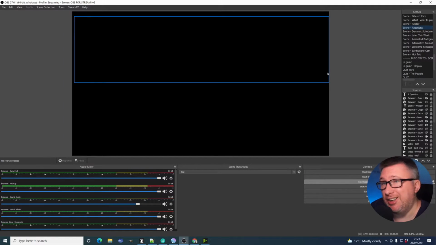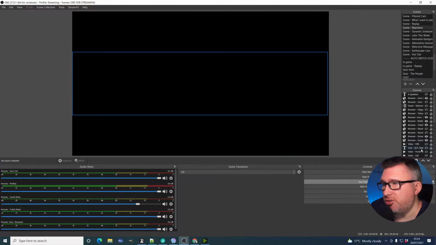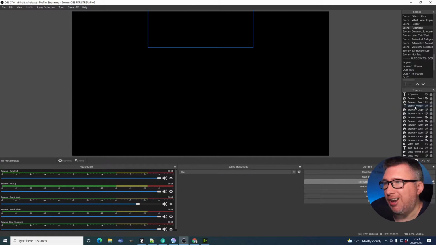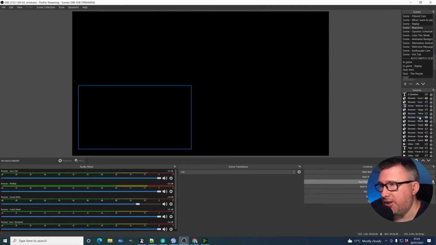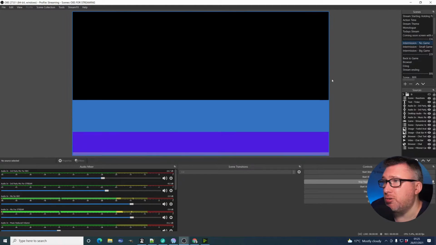Now, it's completely empty, or so it appears to be, but actually this contains a list of sources, lots of different sources for lots of different reasons. Alerts, you name it, they're all included on here. And that means any scene that I want to include all my alerts on, I just pull in this nested scene. So for example, if I pop over to my no game chat screen,